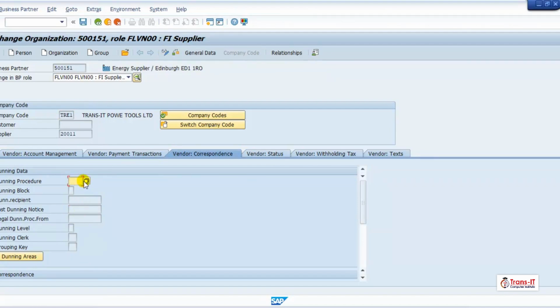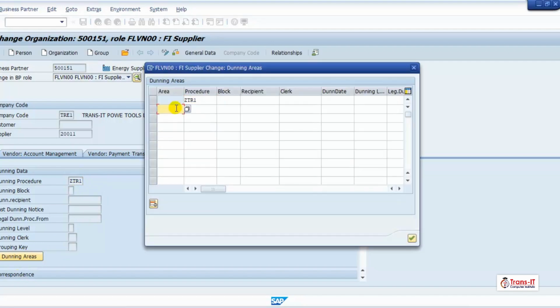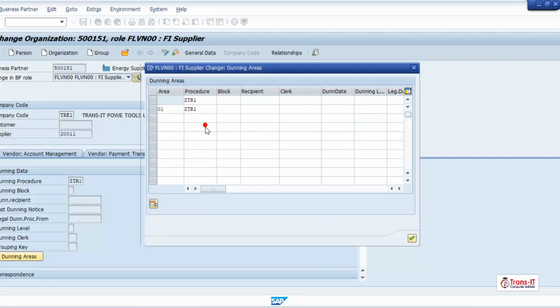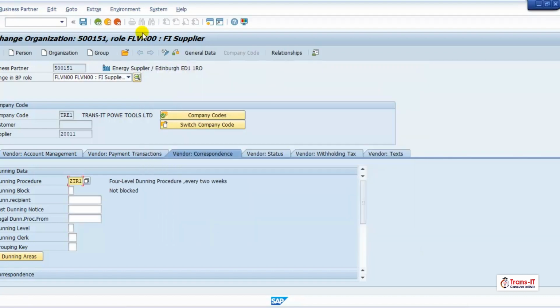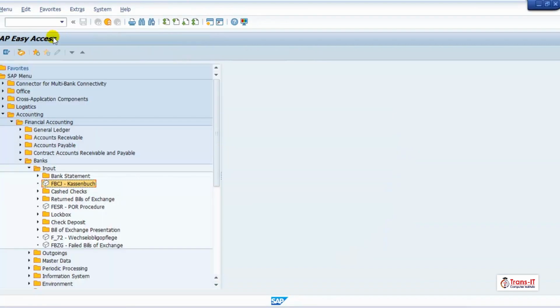enter our dunning procedure, ZTR1. Then click on dunning areas and add 01 ZTR1. Continue and then click on save button. Come back. Now we will check the overdue items for